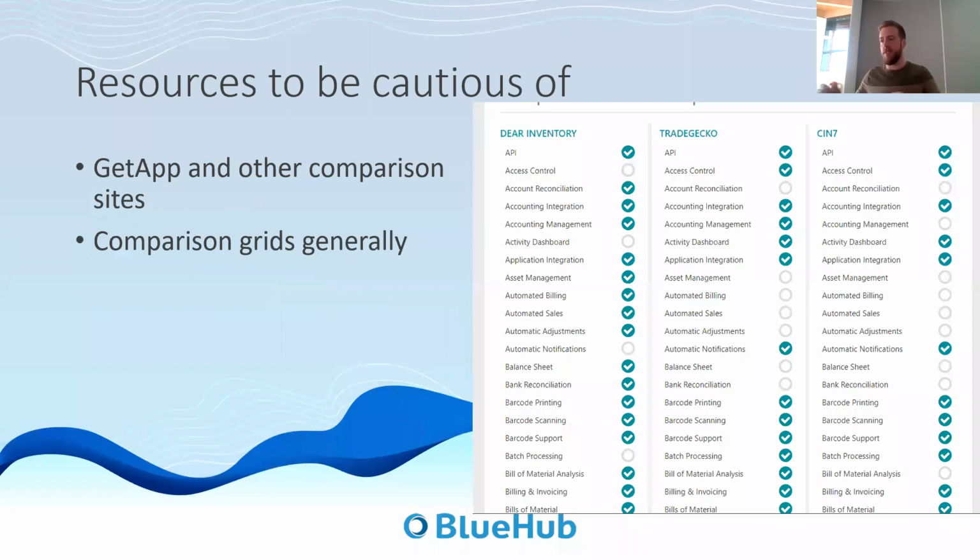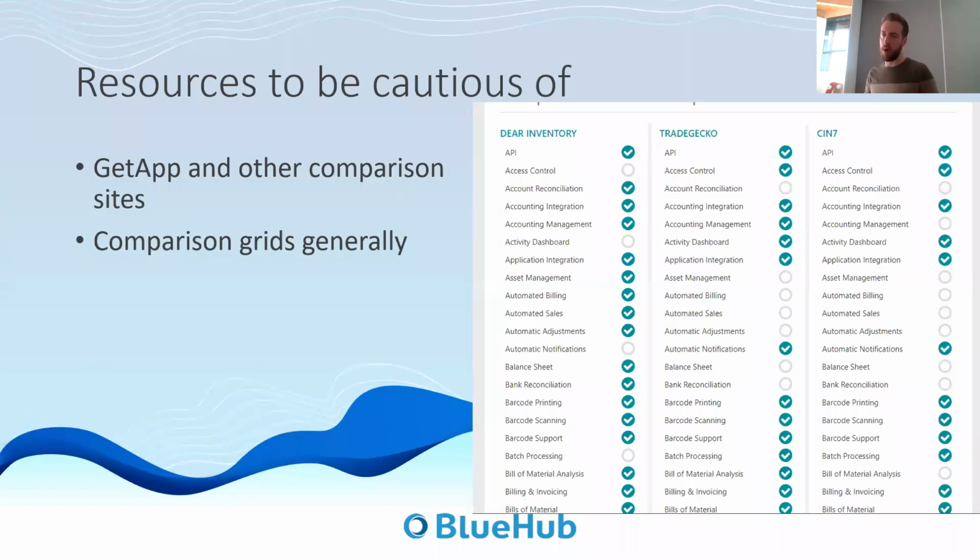And mainly there are these comparison grid style things, and I'll hold my hands up. We've actually produced comparison grids in the past, and we've done them for XG magazine, for our website. The reality of these things is there are two massive problems. One is they're easily out of date, and two, a simple tick next to a requirement does not cover the